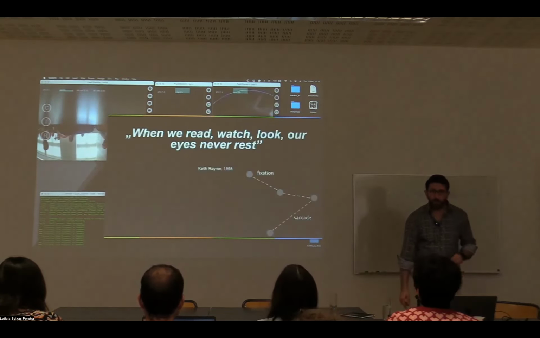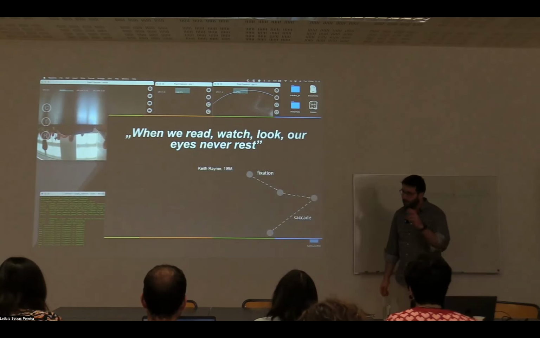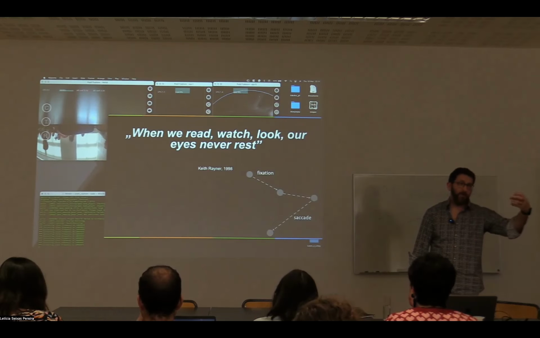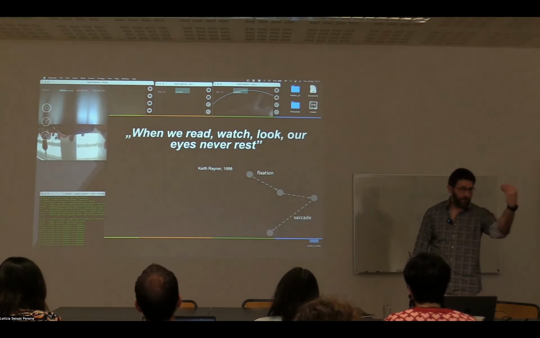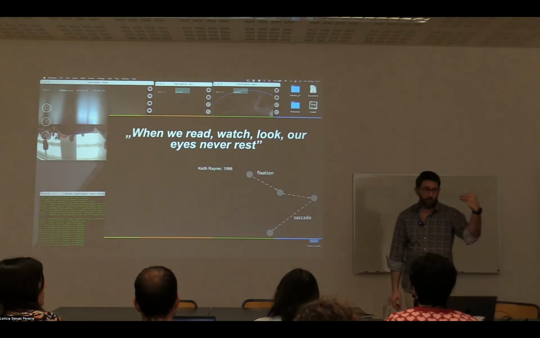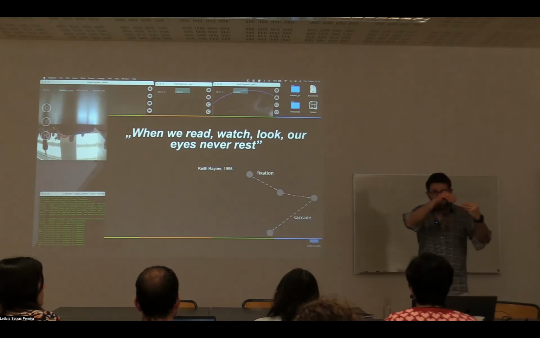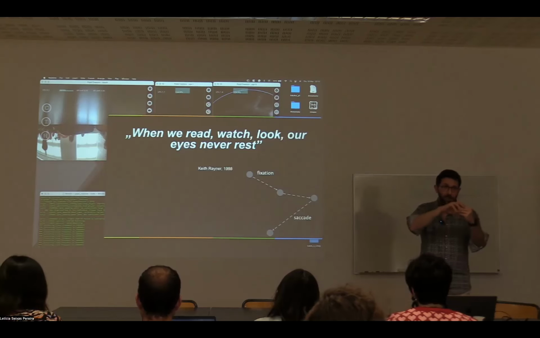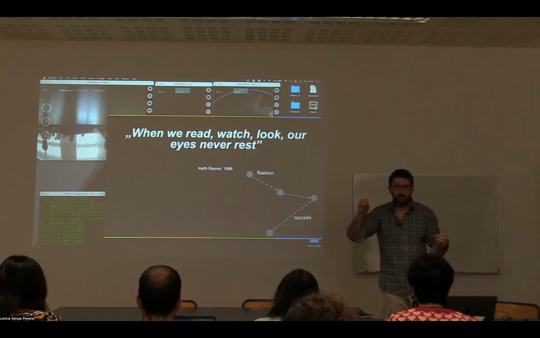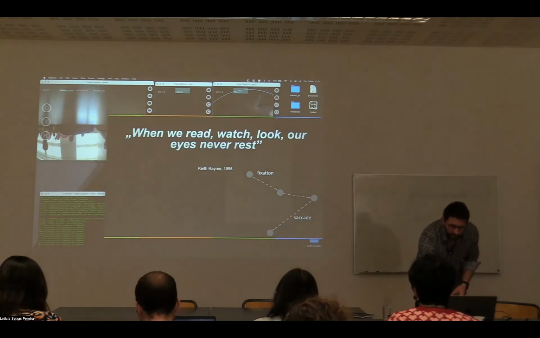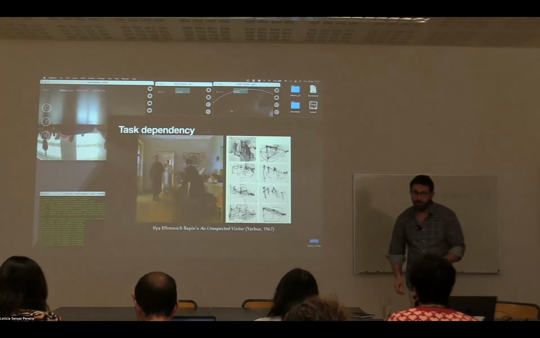So when we are talking about eye movements, a typical scenario is that we fixate to have clear vision of these 2 degrees around the central point of gaze, and then we jump our eyes, we move the saccade to a different location. So fixation, saccade, that's the standard sequence of our eye movements, right?